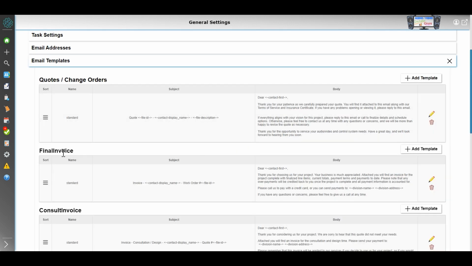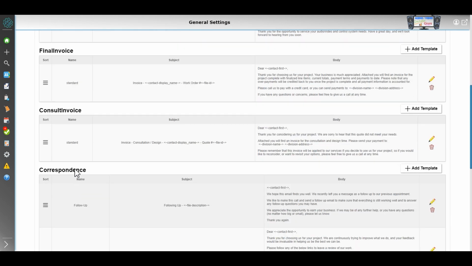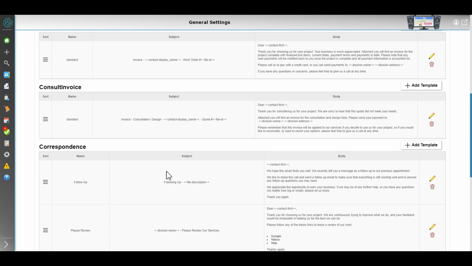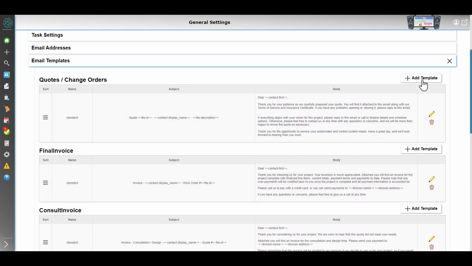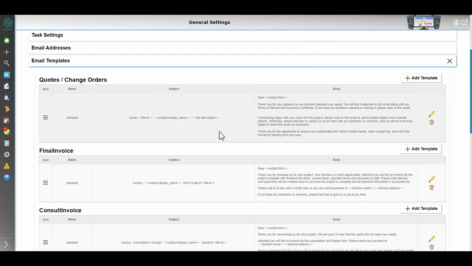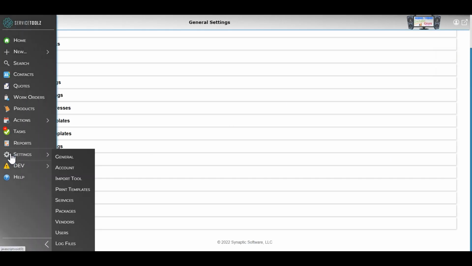For quotes, change orders, we have invoice templates, consult invoice templates, various correspondence like follow-ups, things like that, customer statements. And you can have as many of these different templates as you want. So we can always edit that. They do take variables. So if you wanted to add, let's say, this document's create date in the subject, you can do that, and that will automatically fill that in with the create date of that quote. So there you have it. There's email templates and scope templates, print templates, and finally we will get into